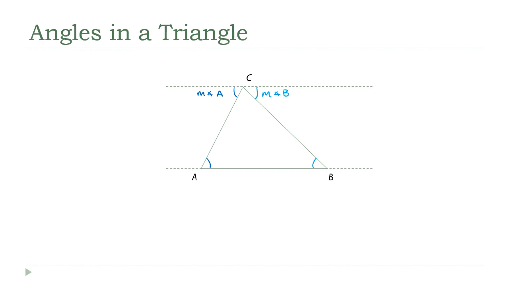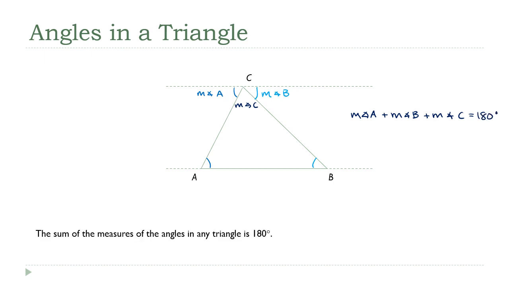And of course, the middle angle here is the measure of angle C, because that is angle C. And these three angles together make up a straight line. Right? So the measure of angle A plus the measure of angle B plus the measure of angle C is equal to 180 degrees. And that's our general rule, right? In every triangle, the sum of the measures of the angles is always going to be